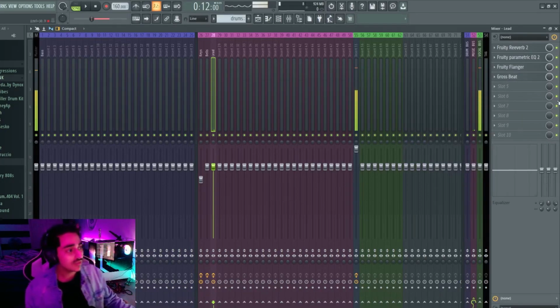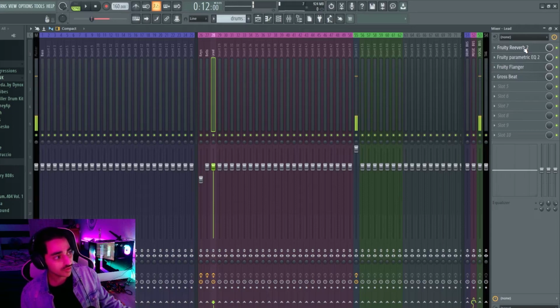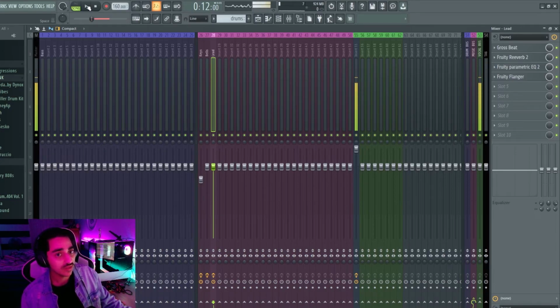Another thing is that the arrangement of how you have your effects matters. So right now the reverb is going on first, and then it's getting EQ'd and everything. What we're going to want to do is, if you hear it, it sounds really choppy because I have it like this, but the gate is also cutting that reverb. Now, if we put it before the reverb, then it's going to get gated, and then the reverb will fill in the gap. So if you hear it now,